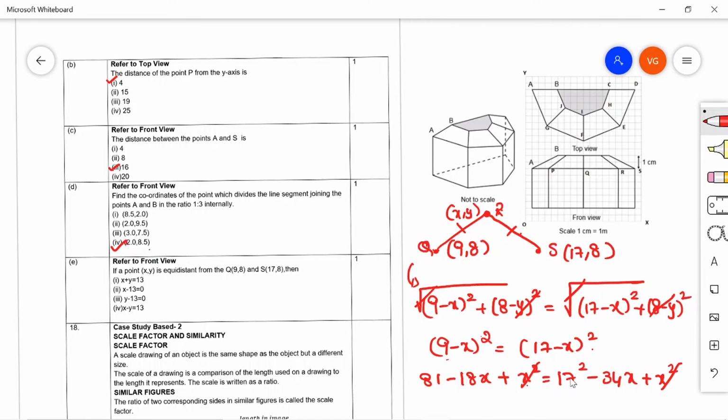So obviously from here itself I can tell the answer is option 2, or else if you simplify this you will get x is equal to 13, so x minus 13 is equal to 0. For this answer, you get that 1 mark only for selecting the correct option. No need of solving so much. You solve till here, and here itself you will see there is no y term. Select the option wisely from the given options. So option 2 is correct here.